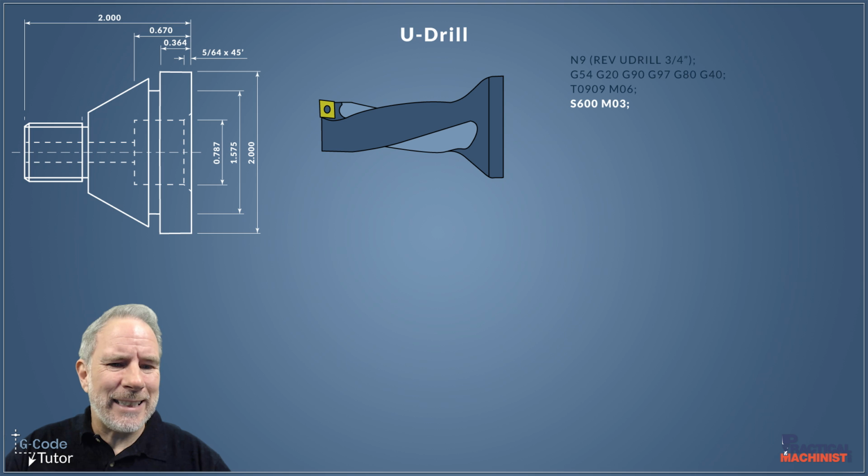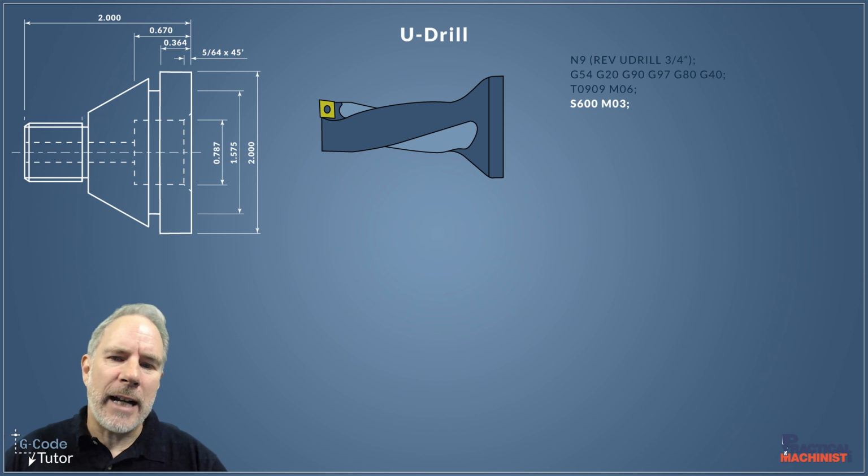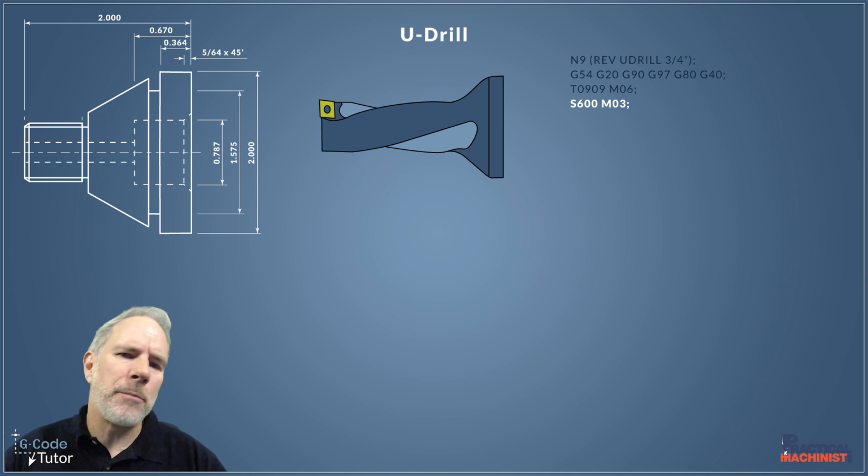So here I'm setting the speeds, the spindle speed. We're not using constant surface cutting speed because we're drilling. So I'm just using an S600 speed with M03, which is the direction of the spindle. S600 is just a spindle speed I've given it. I've not calculated this spindle speed, by the way. This is just a number I've put in for the sake of teaching. And the M03 there is the direction of the spindle that we wish the spindle to rotate to cut on the cutting edge of our U-drill. So make sure you're not running your spindle backwards.